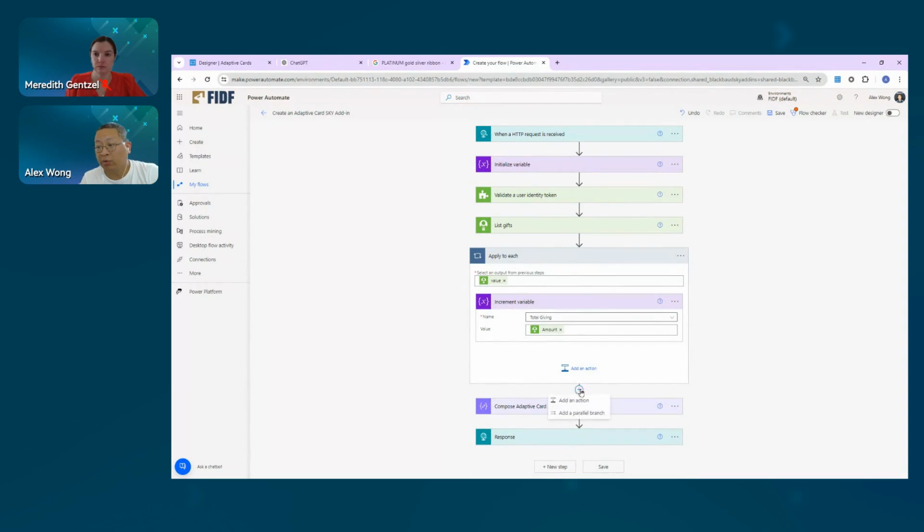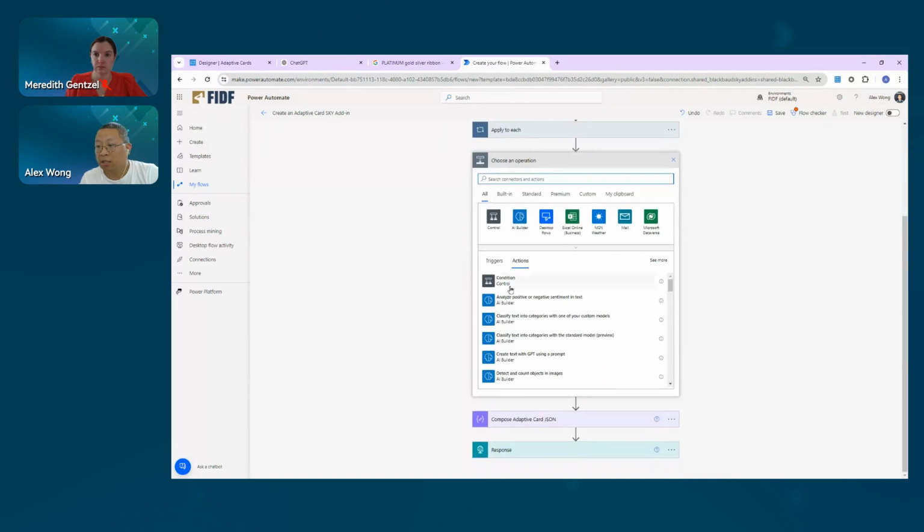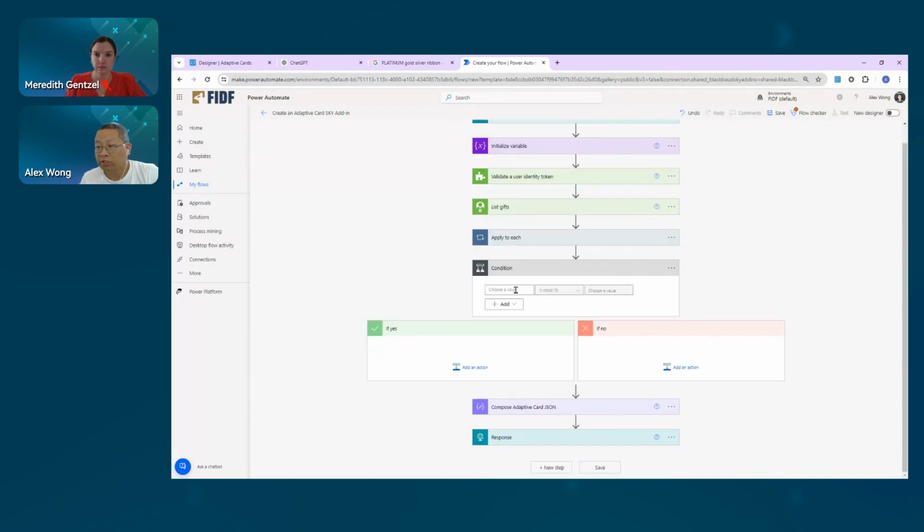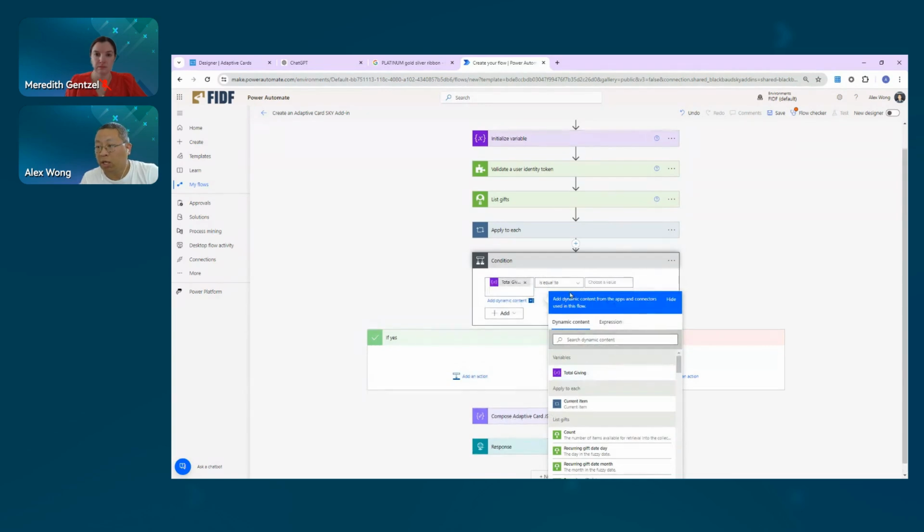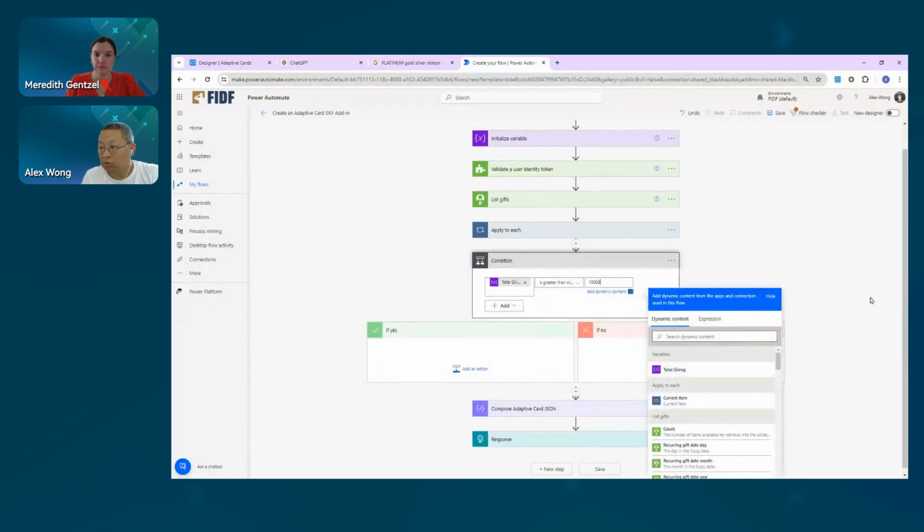Then you can do your various conditioning, say, for example, if the total giving is greater than or equal to 100,000, then you can set your